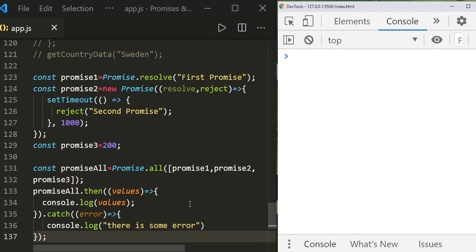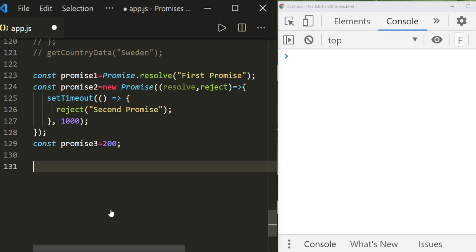So now we have seen that the promise.all method will reject if any one of the input promises is rejected. So in this case we are not able to get the resolved promise value. So how to get it? Let us say we have a scenario where we want to get the result of the resolved promises even though there are rejected promises. So in this case, even though promise 2 is rejected, we want to get the other promises' resolved values. To get that, we have to handle the errors in a different way. So let us see how to do it.